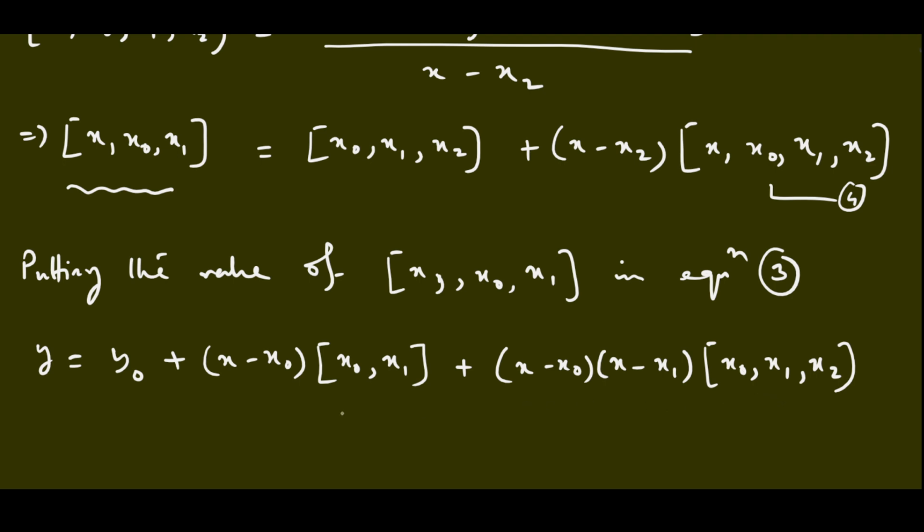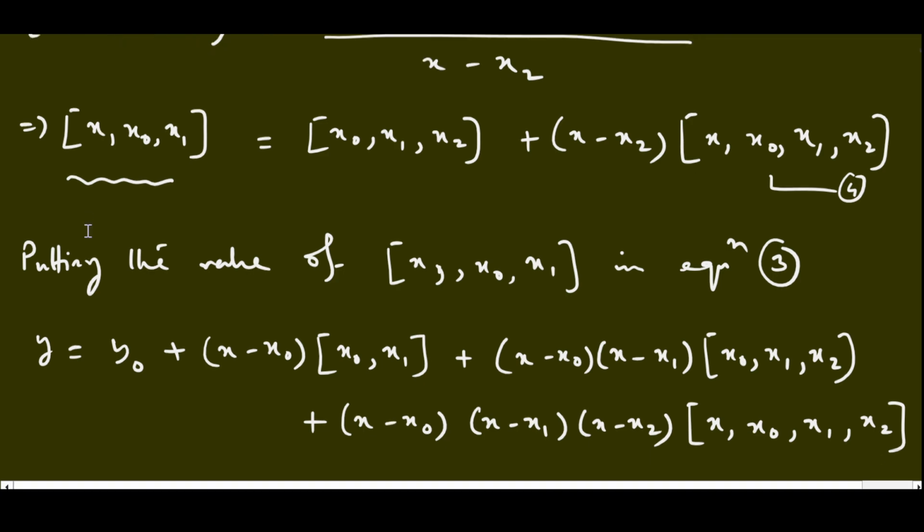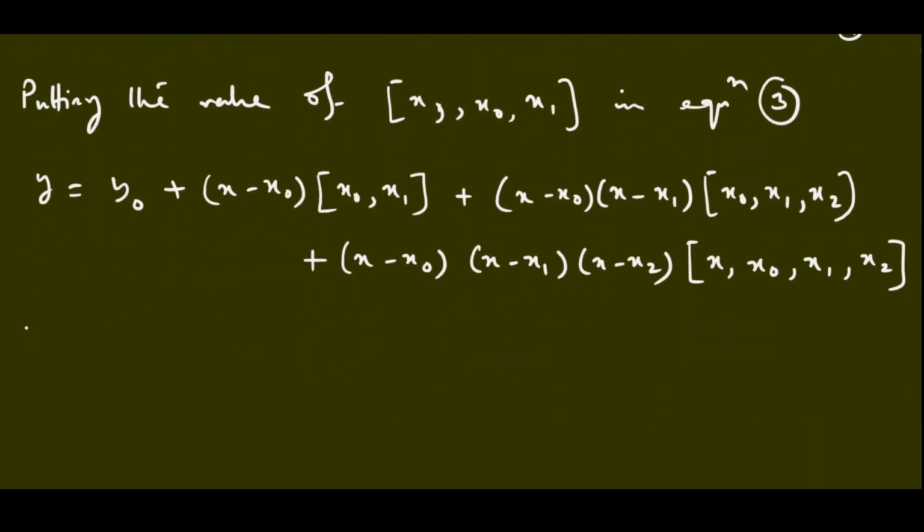Then after that, x minus x naught, x minus x1, x minus x2, and then x naught, x1, x2. So now we'll write the fourth order difference. In the same way, we keep continuing it. Find one value and put it in the previous equation. If we continue this process, proceeding in this manner,